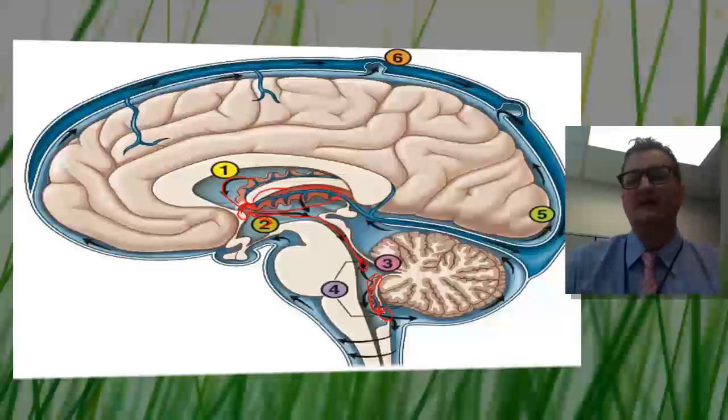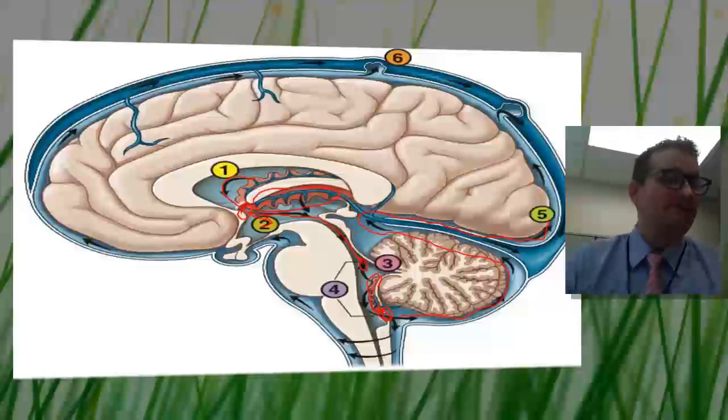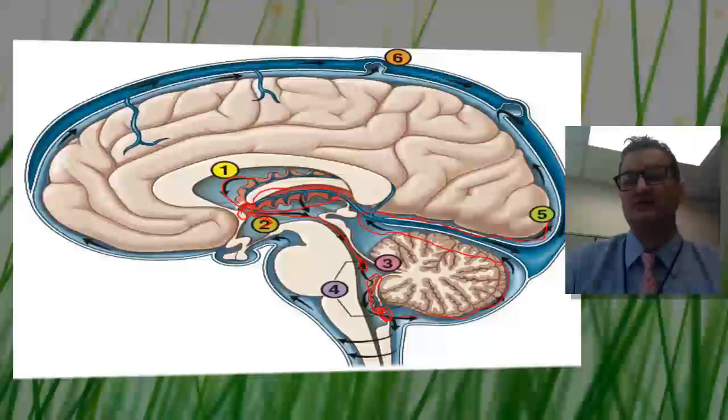In step 5, you can see if it flows through here, it goes around the cerebellum. It can come up and also go to encircle the brain, and it can also go down into the spinal cord to surround the spinal cord. So it has the potential to go all the way around the brain like this and down around the pituitary